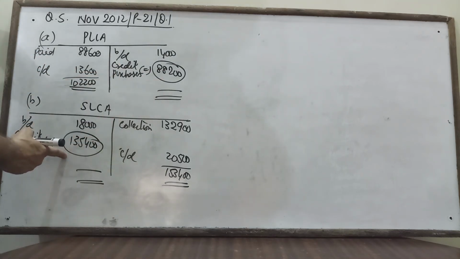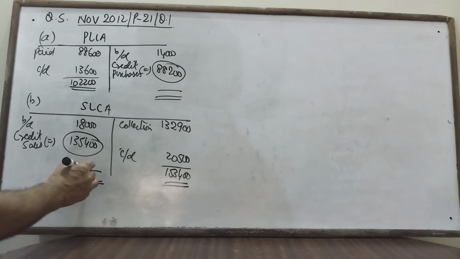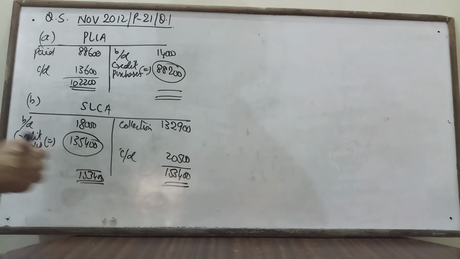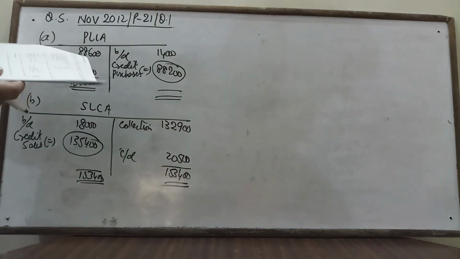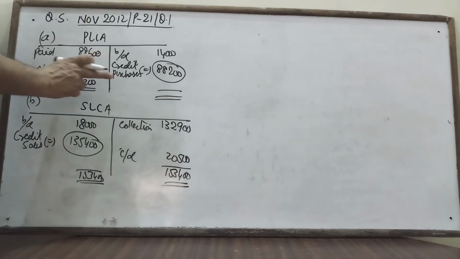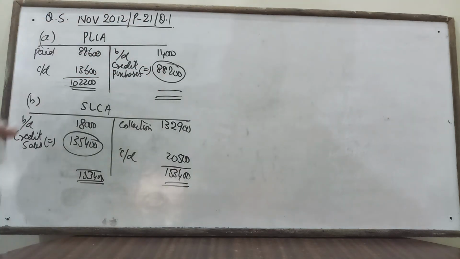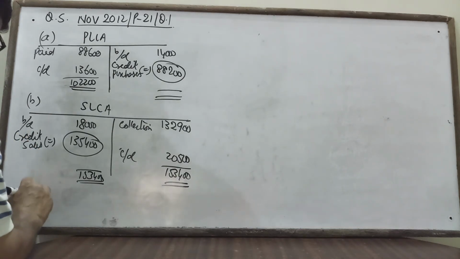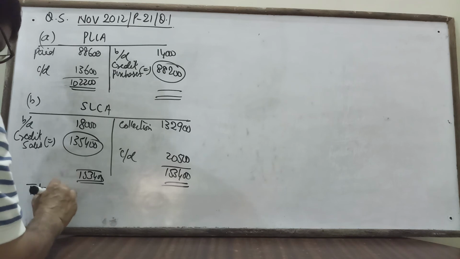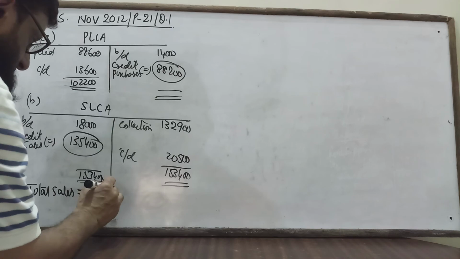This is requirement A, credit purchases. This is requirement B, sales. But this will not cover your full requirement, as the examiner is asking to calculate sales and purchases. Since there are no cash purchases, requirement A is completed here. But there are cash sales also. So when we calculate total sales, total sales equals credit sales of 135,400